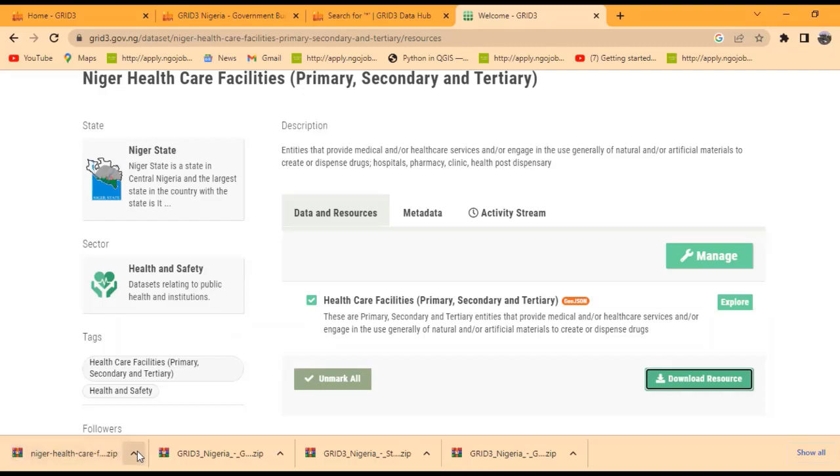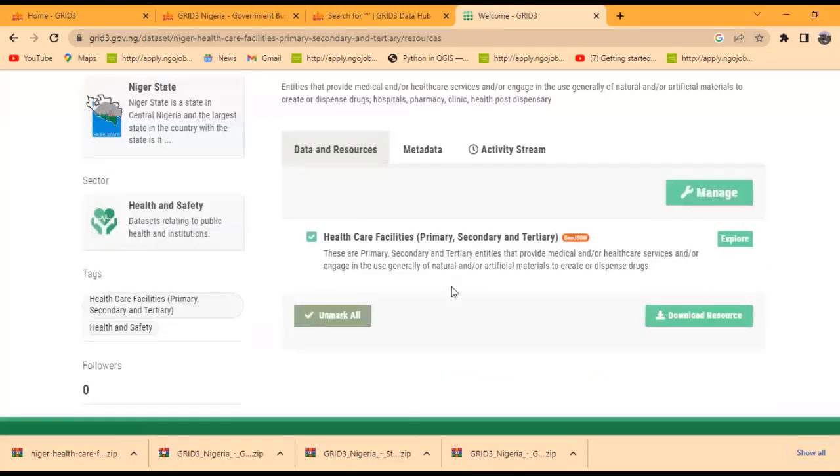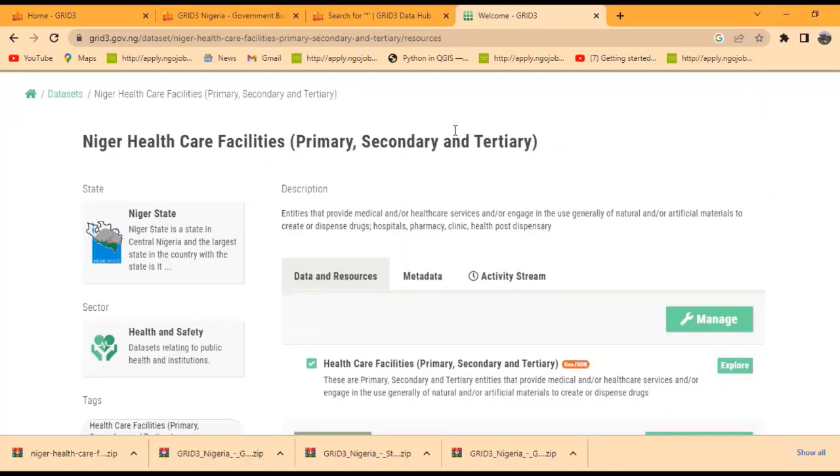All right, so we have the Niger data here. So now you have seen how you can download from any of those websites, either grid3.org or Grid3 Nigeria. Okay,